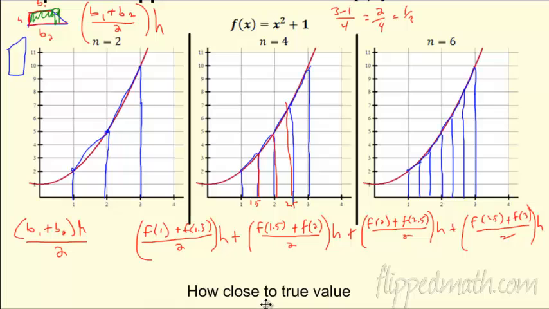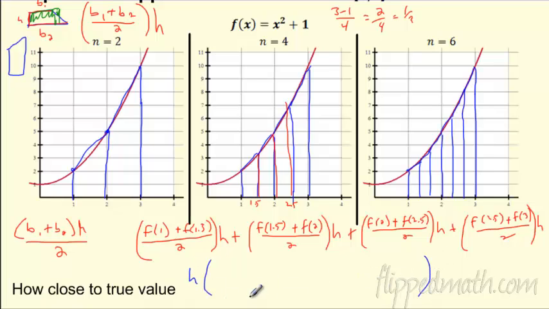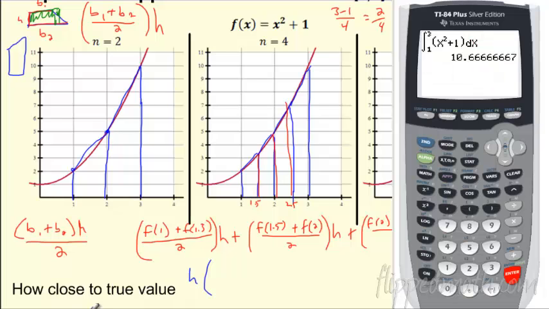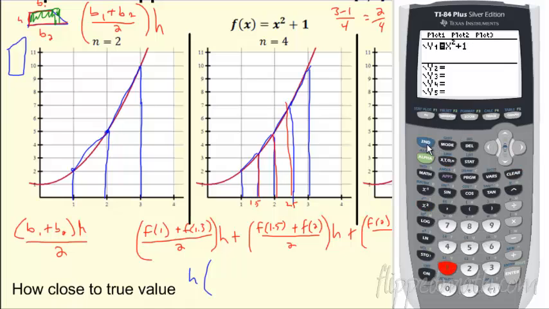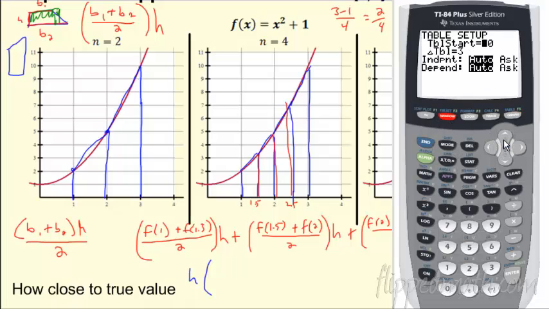We are trying to find out how close we are to the true value, which is what we're getting to here in a second. What can I do? Well, you notice they all have h in common. So in this case, you can take the h out and times it by all those averages. And again, we're going to go calculator on this. And I think I need to put my function in there. So if my function is x squared plus 1, a lot of these we can do in our head, but with those decimals, make sure you are in